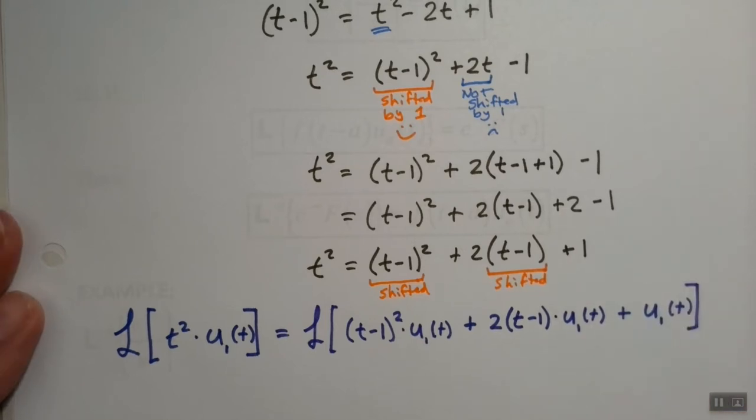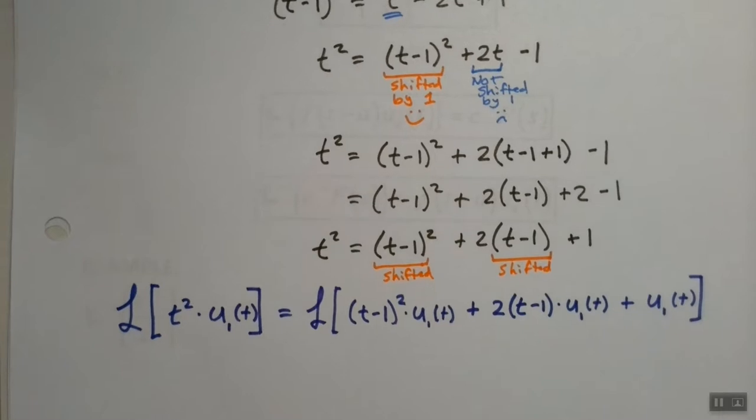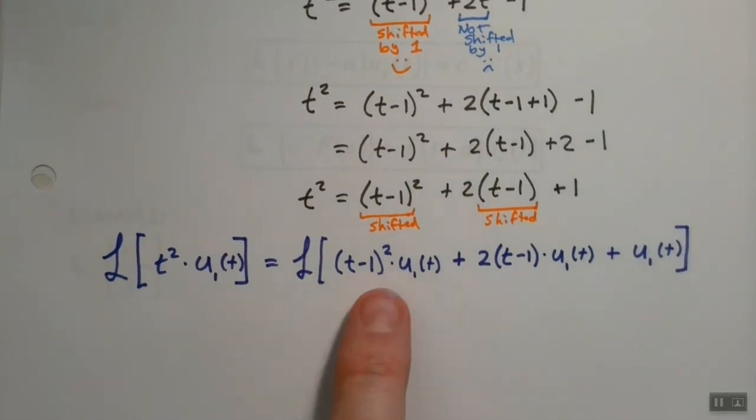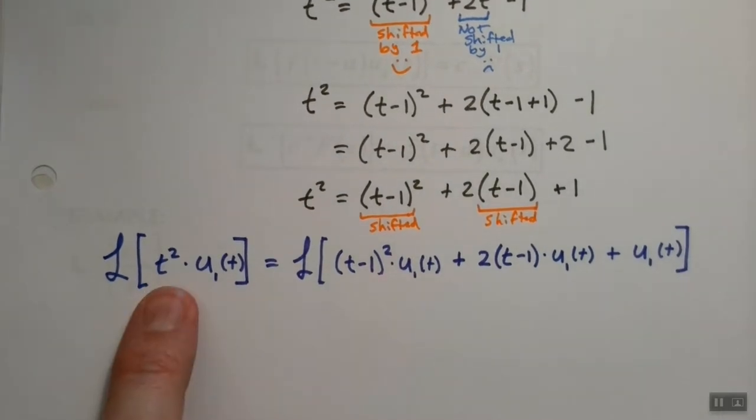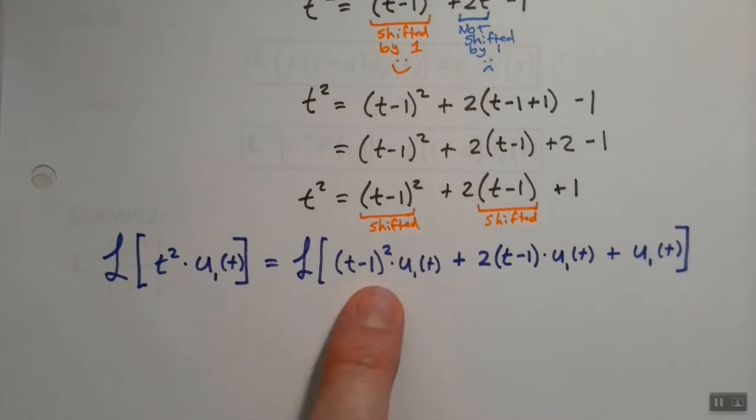Now it looks like I've made a whole lot more work for myself, and in some ways I have, but I've now rewritten my original function, which was not a shifted switch, into a series of shifted switches,